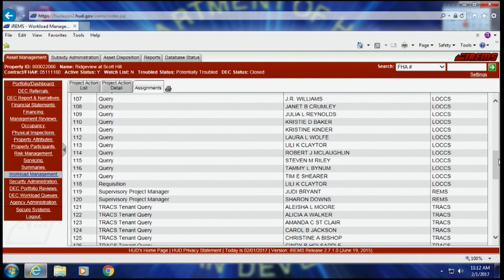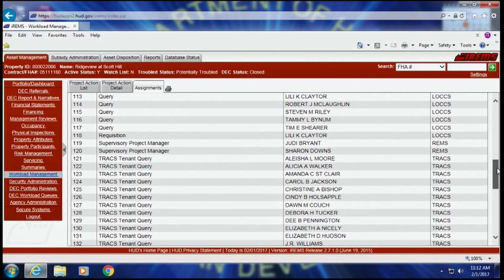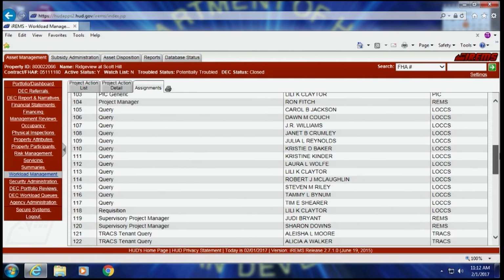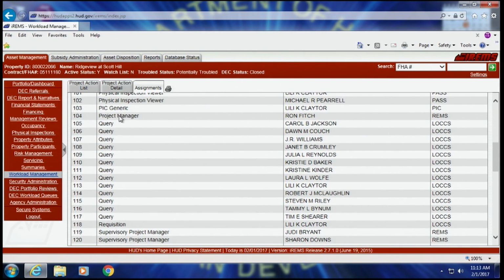And as you can see, we're still using the project manager title instead of the account executive. That really requires a system maintenance enhancement, but it still is the same. People manager, project manager is equating to an account executive. So I just wanted to throw that out there until we're able to change that. You're going to continue to see project manager, supervisory project manager for account executive, senior account executive, trouble asset specialist, whoever is assigned edit and view rights you'll be able to see it here.